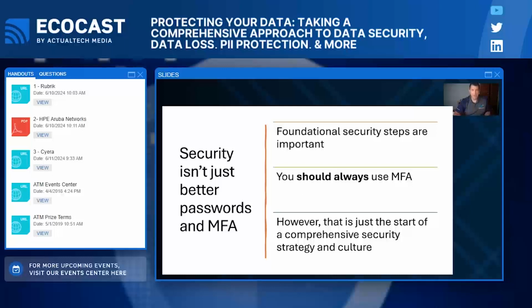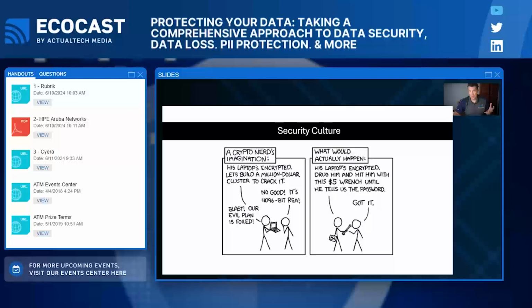The other aspect to this, though, is that MFA and passwords are really just the start of a comprehensive security strategy and culture. And what do we mean by security culture? We mean that your organization and your employees need to, at all levels, not just your IT organization, have an understanding of security and so on. And to illustrate that, I got this great cartoon from XKCD, which is one of my favorite